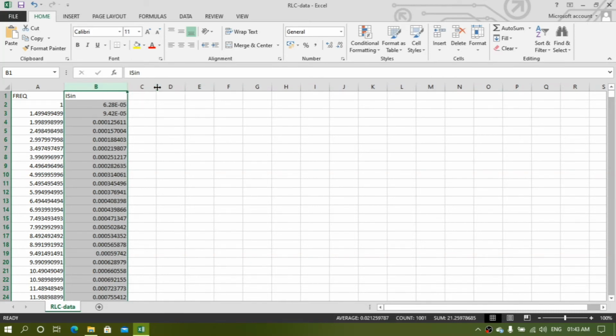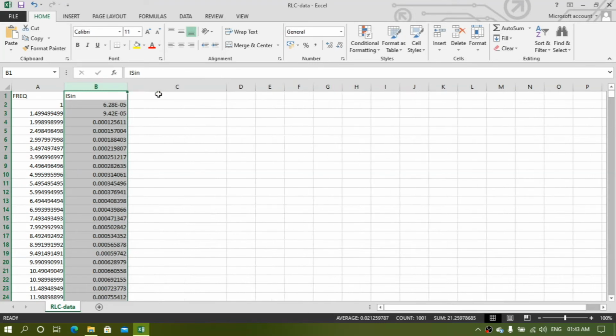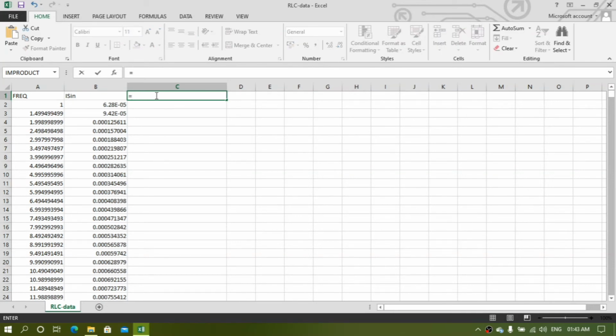So in C column you will have to put a formula in this way: equals to this cell, which is your B2, and then put a multiplication operator, and put your input voltage value, which is 141.421, or you can say 141.42. Now enter. So you will get a peak current value.